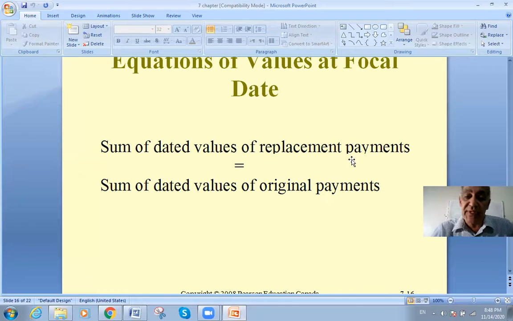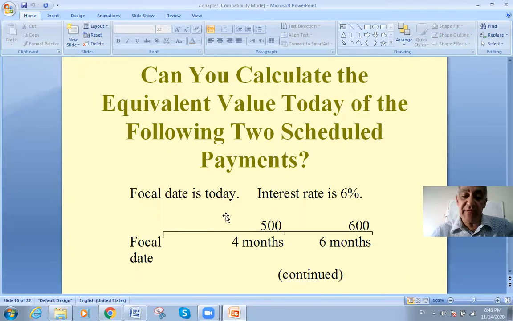So here we are trying to find out what we will get. The sum of the dated values is based on where the focal date is. So let me explain it on the board. I will stop sharing and explain it on the board. What do we mean by this